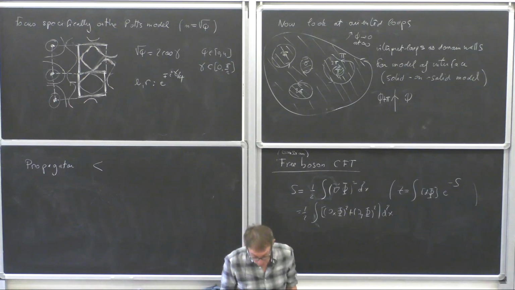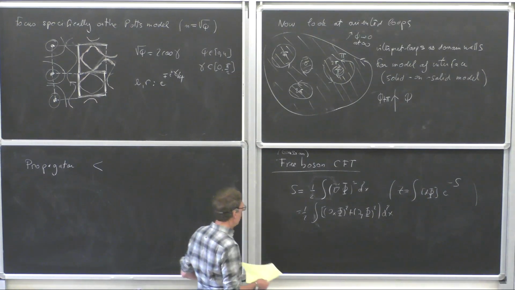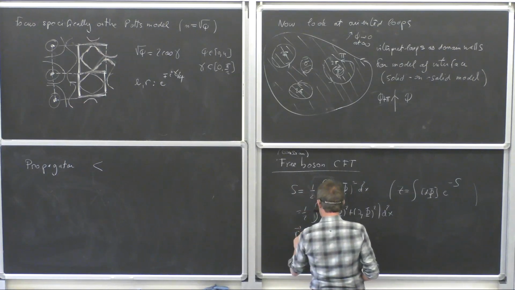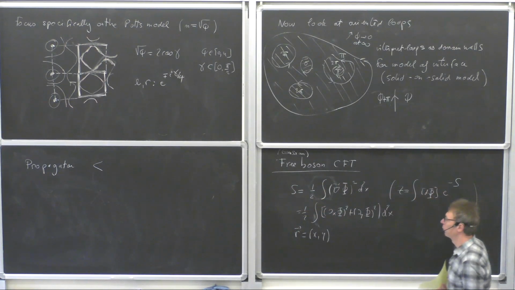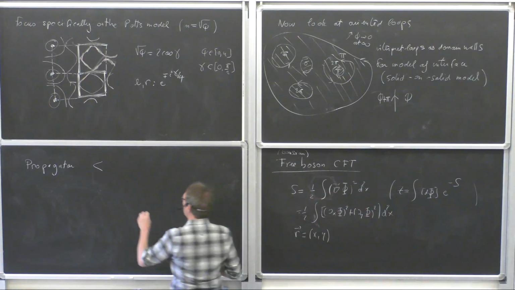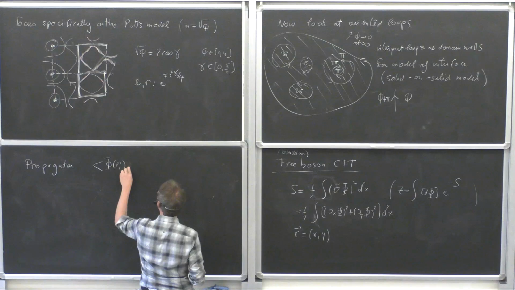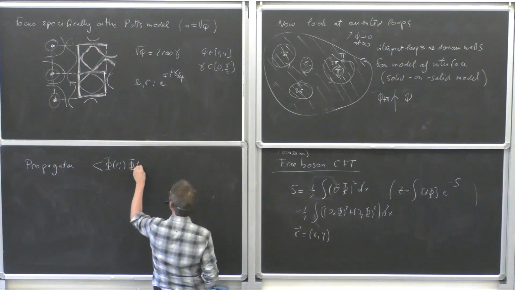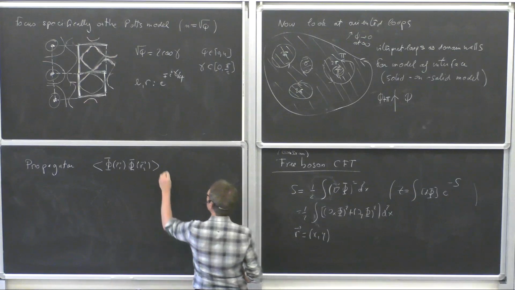Let me make sure I keep using good notations. Okay, so for now I'm going to use R to denote the vector with coordinates x and y, although very soon I'm going to move to conformal field theory notations, but not for now. So phi of R1, R1 bar, phi of R1, phi of R2. This object